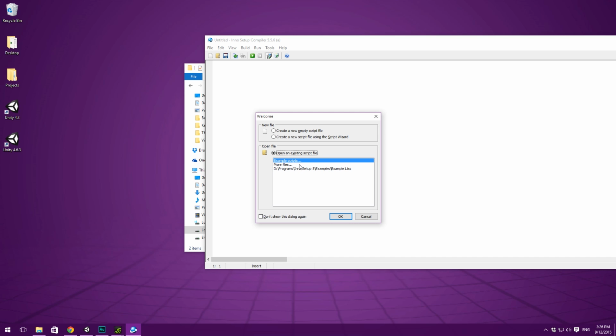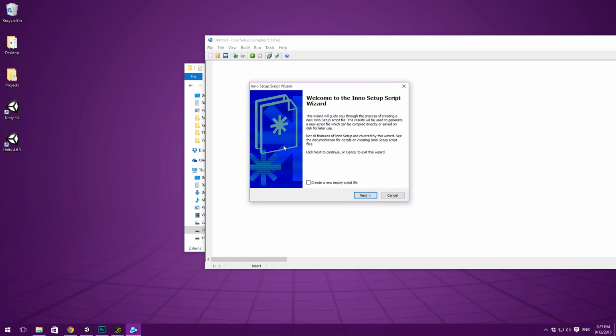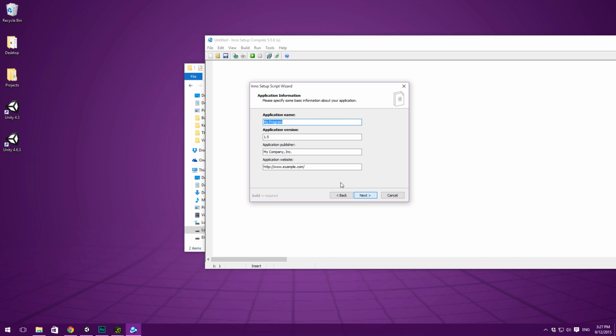an existing script file, or we can create an empty script file, or create a new script file using the script wizard. So basically, Inno Setup uses these scripts that will compile your program into a setup file. And they've made this useful wizard if we don't want to make everything by hand. So now we can simply hit next, and we can give our application a name, and this is going to be Make a Game, and this is version 1.0 from Brackeys, and you can also input a website here, and I'm simply going to do